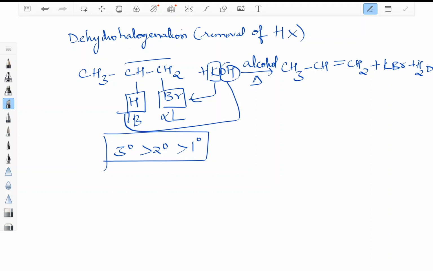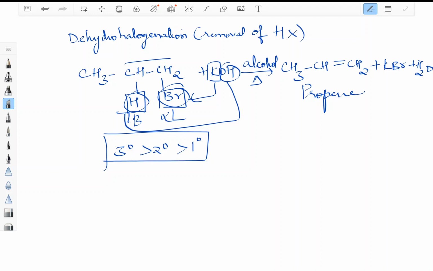Alkenes are prepared by beta elimination reaction. In beta elimination reaction, your X, your functional group, is called the leaving group. This is your leaving group. This is Br here, and this is your beta group. Both are removed so that you get a double bond here, which is nothing but propene.